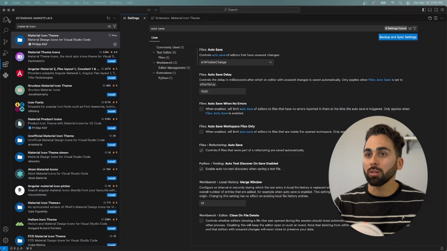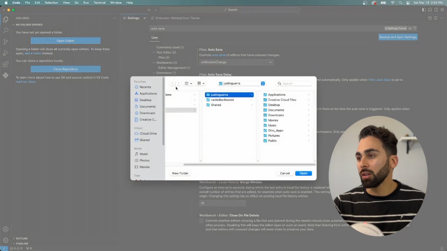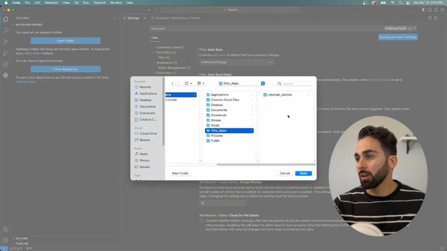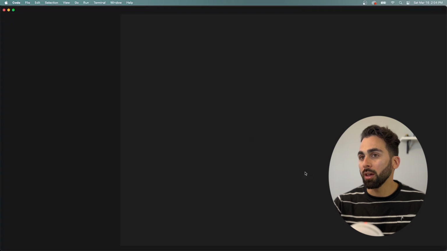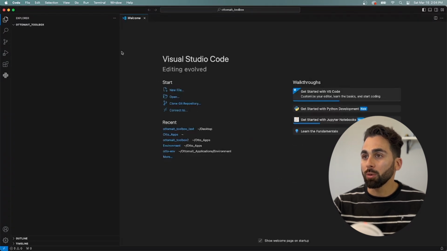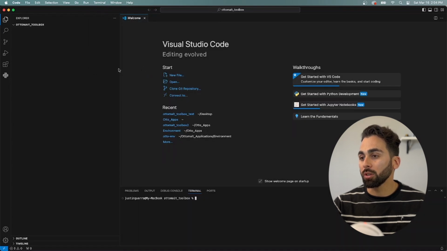We'll wrap it all up by creating and activating your virtual environment, and then we'll be ready to move on to the next step. What we're going to want to do is click on the Explorer tab here. We'll go into Open Folder, and then we're going to go to the folder that we created. So AI Toolbox. We'll go ahead and open that, and then we're going to open the terminal. So you can do that by going to the top, click on Terminal, New Terminal, and you'll see this open